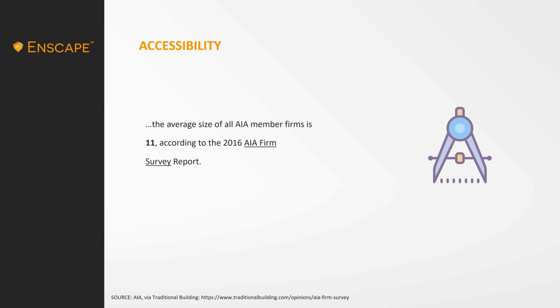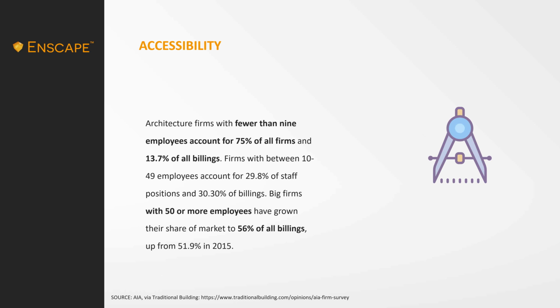So pulling a little bit of information again, and I know it's coming from the United States, but we'll extrapolate globally. The average size of the firms in the AIA is 11. So the AIA is, yes, the American Institute of Architects, but I think it's really indicative of the scope of the industry. Most firms aren't these powerhouses that can afford to hire a bunch of people, dedicate them to a certain task, and ensure that it's all going to work together and kind of come out on top. And it's also interesting that architecture firms with fewer than 9 employees account for 75% of all firms and